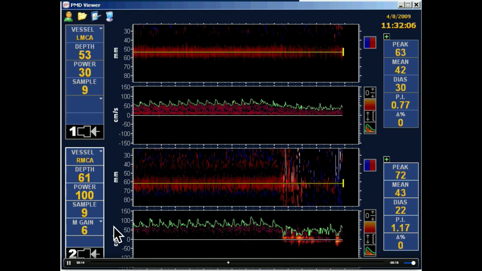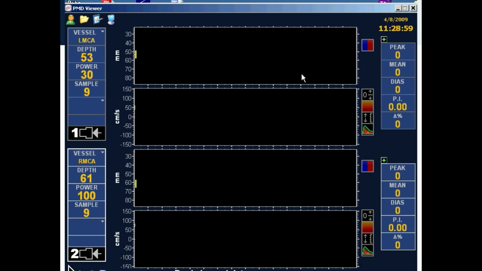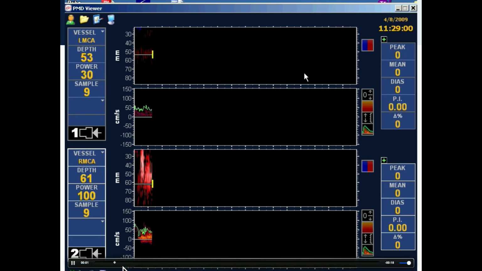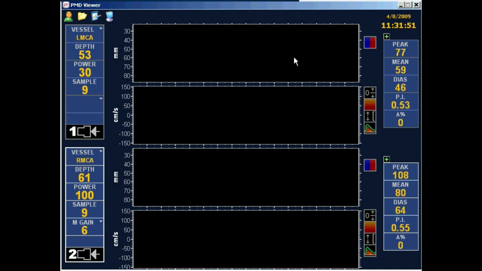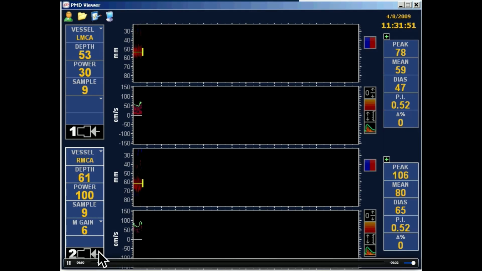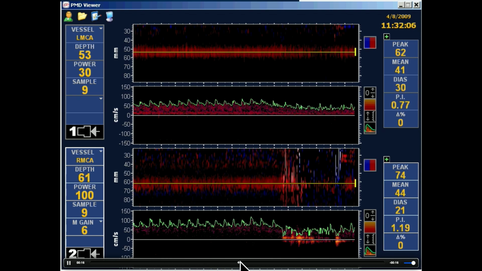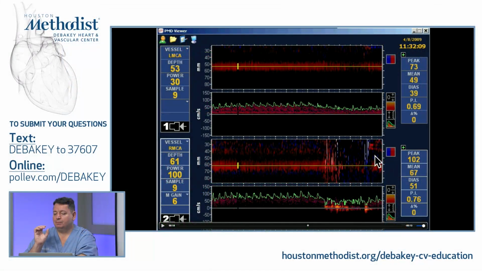So I see a unilateral signal. So, sorry, one more time. Let me go back for a second. I stopped it at the wrong time. So I want to stop it somewhere here. So what I see, I don't see anything on one side. I see a beautiful Valsalva, and I see something on the other side, but extremely